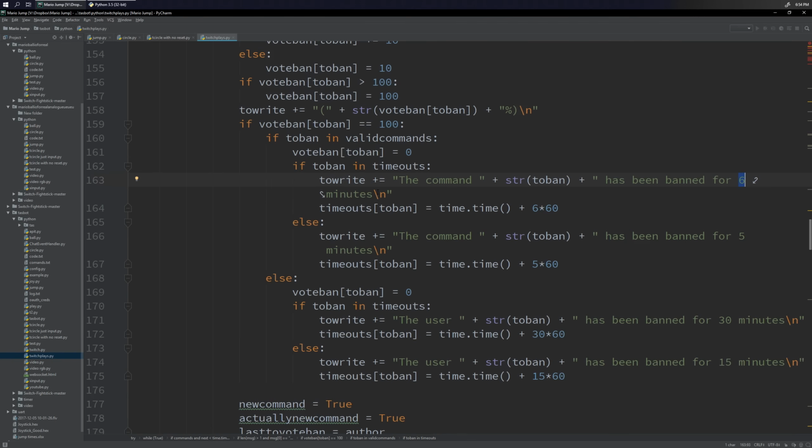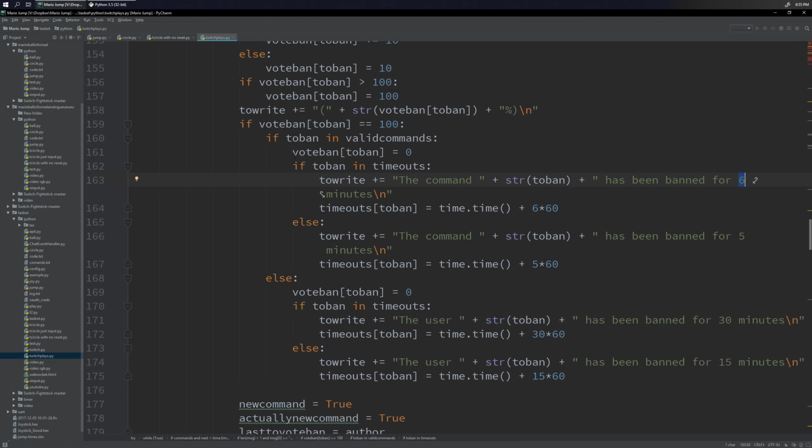Oh wait, no, because if you had a guy named A and you vote banned A, that would vote ban the guy, but it would also vote ban the command. That was the problem, and I never solved it. There was a guy named ZL, I think was the thing. No, that's not why they banned ZL in the final segment, I don't think. But at some point there was a guy named ZL, and everyone vote banned ZL without thinking.